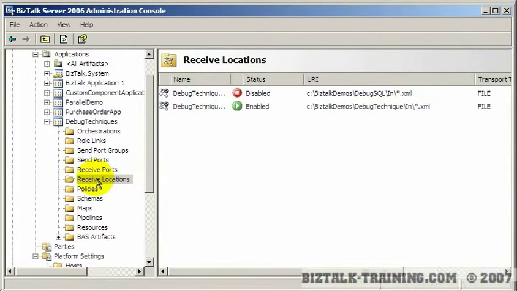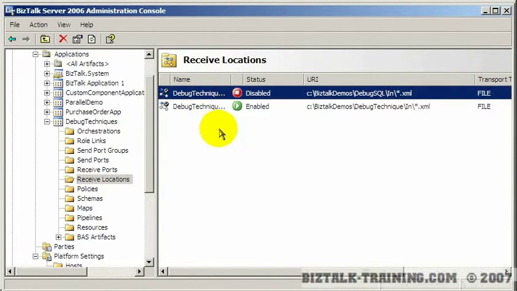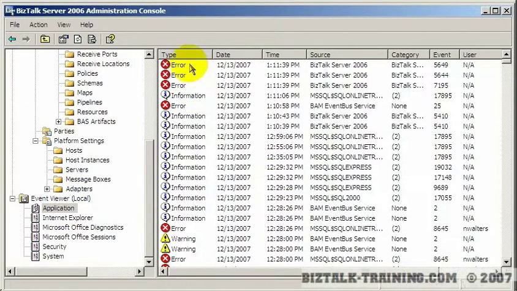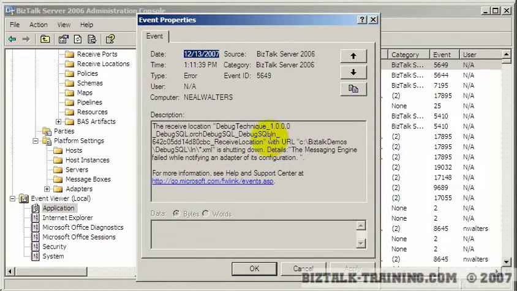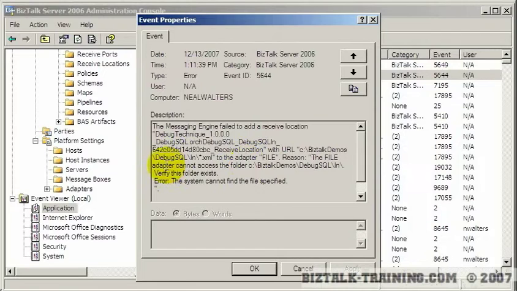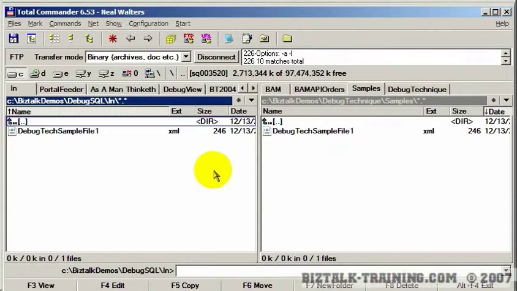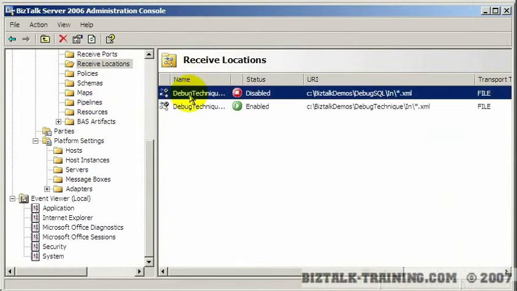Okay, the reason it's not reading it, I came back over here, I refreshed, and you can see that this port got disabled for some reason. I think what happened was the folder didn't exist when I first tried to enable this, and so it automatically disabled itself, and we can actually confirm that by going to the event log, and you'll see here it says the receive location so and so is shutting down. It doesn't really say why. If I go back, it says the adapter cannot access this folder, and it says verify the folder exists. So that folder or directory did not exist at the moment that I tried to enable it here. So now I'm going to enable it again